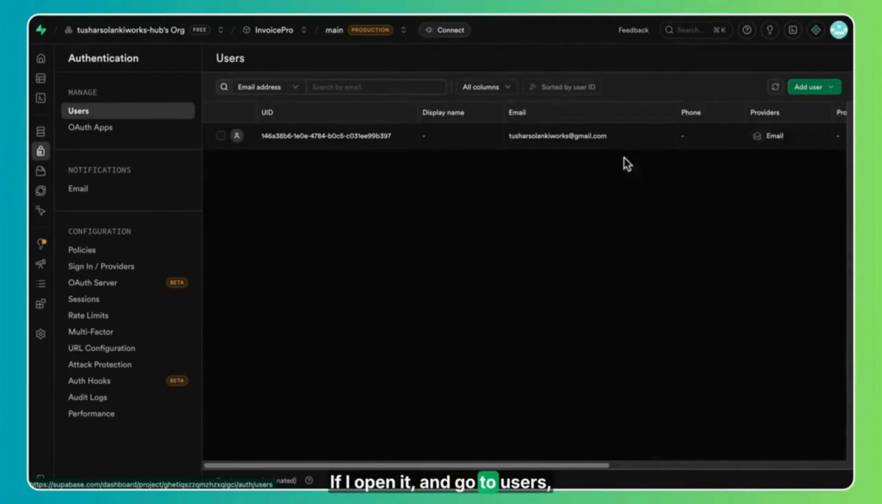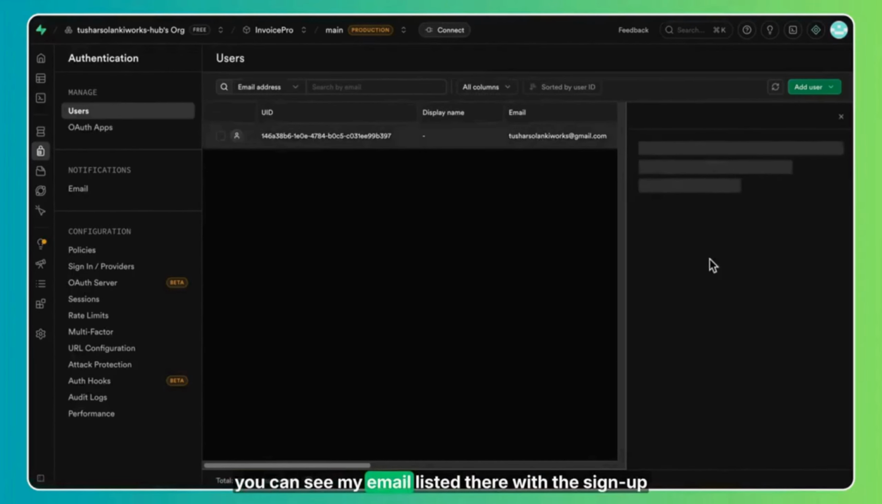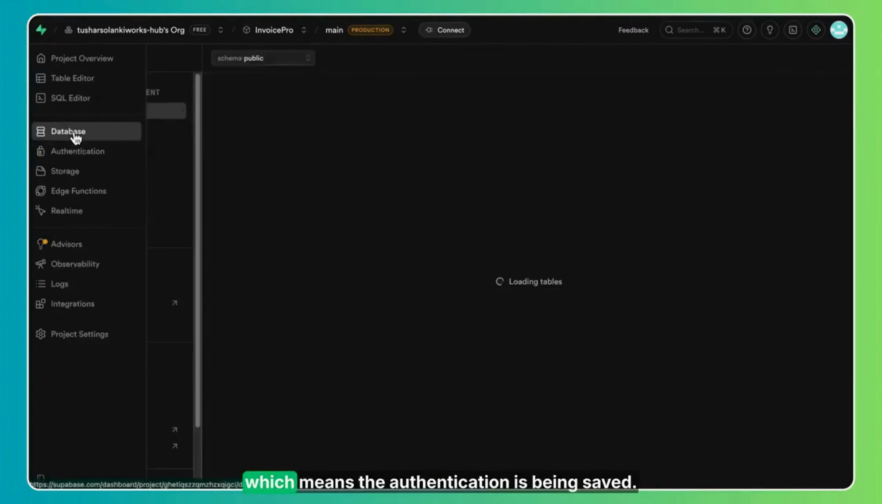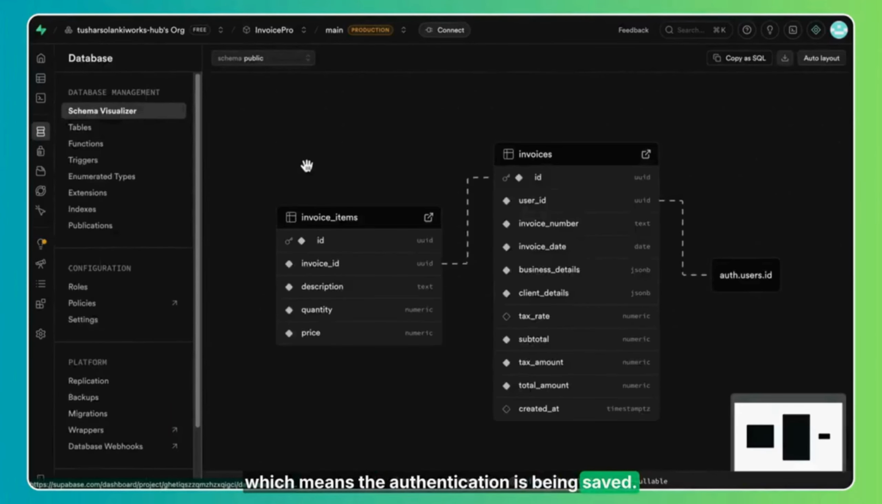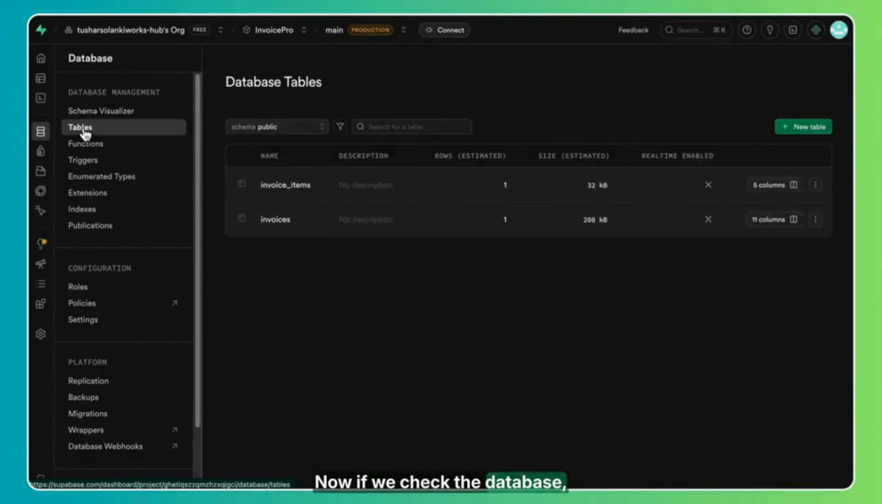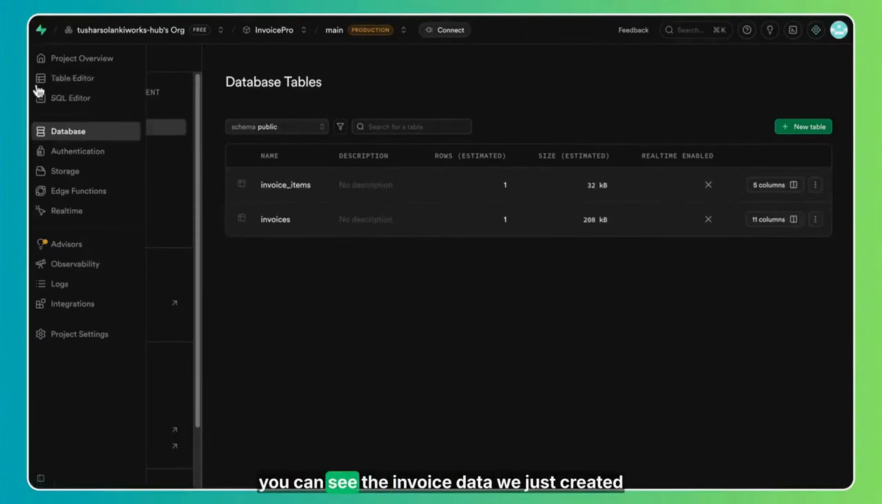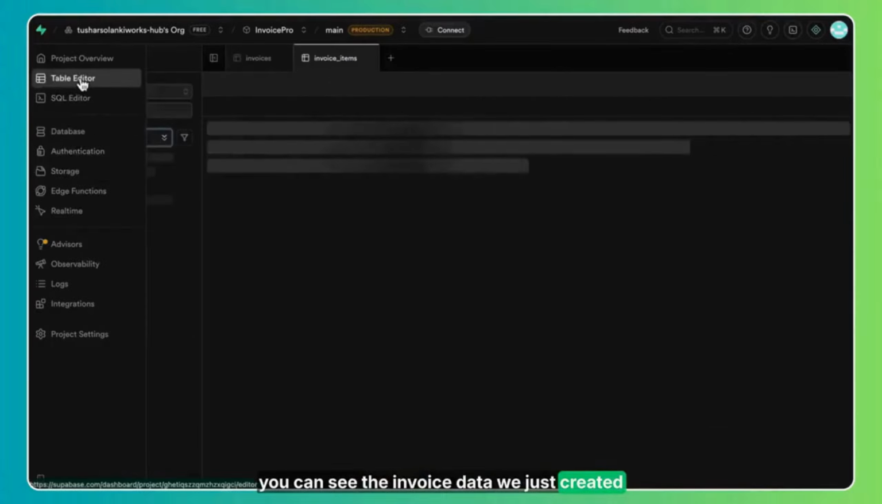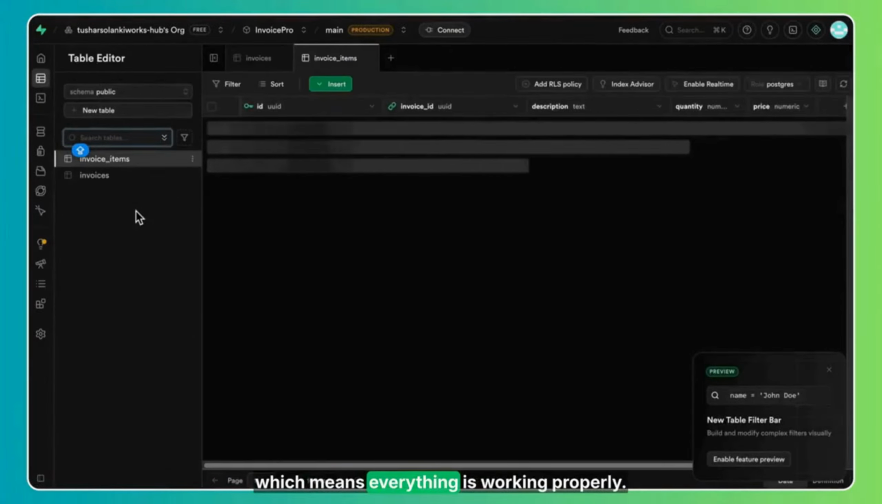If I open it and go to Users, you can see my email listed there with the sign-up details, which means the authentication is being saved. Now, if we check the database, you can see tables like invoices and invoice items. If I open them, you can see the invoice data we just created is stored here, which means everything is